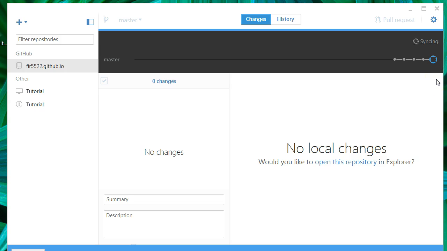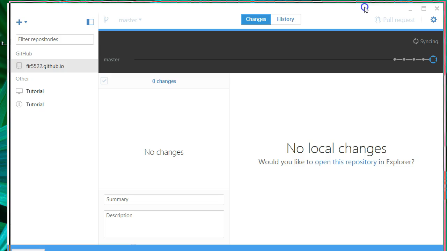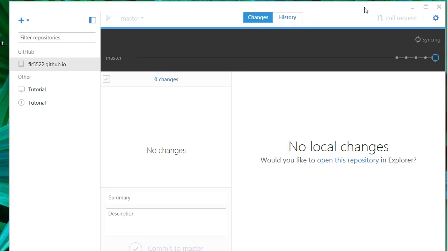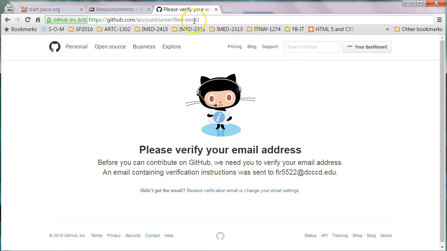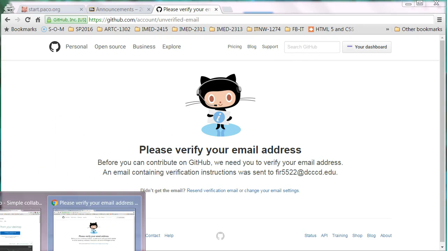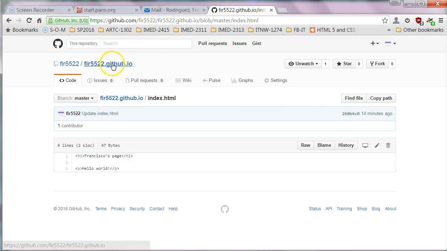So what's happening is that all the files in my Web 2 are getting pushed up to the server. GitHub is not necessarily the fastest service, but it's fairly reliable. Once it's done, everything should appear on the website. So I'm going to go back to my browser while this is happening. This is the old window. I'm going back to this one. I already downloaded the desktop version. I'm going to close this, and I'm going to go back into my